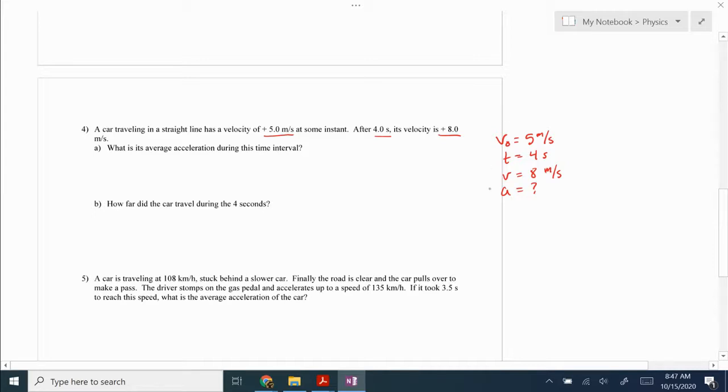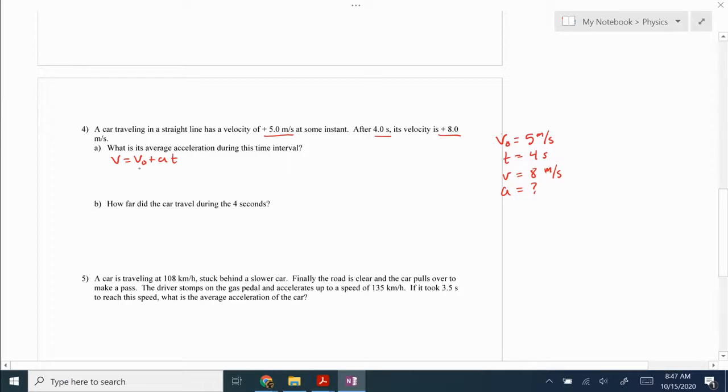As we look at all of this information, we have velocities and we have times, so that's going to be the Hall equation, the first one. Again, just match the variables that you have to the variables that are in the equation. Hall is the one that has those 4 variables. John would have an x in it, so we don't have an x and we're not looking for an x. Ringo doesn't have time, so